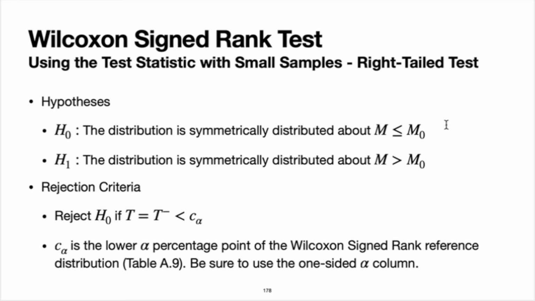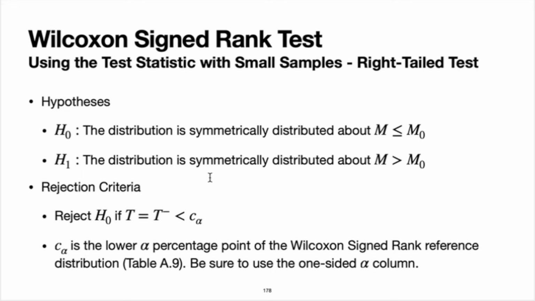The null hypothesis is going to be that the distribution is symmetrically distributed around its median, capital M, which is less than or equal to the hypothesized value M sub 0, against the alternative hypothesis, which says that the distribution is symmetrically distributed about capital M being greater than capital M sub 0. Now, I'm including this language here, the distribution is symmetrically distributed about a particular value, to emphasize and to reiterate the fact that this test is based on an assumption that the population that we're sampling from is symmetrically distributed. All right, so this is a right-tailed test in the sense that the inequality in the alternative hypothesis